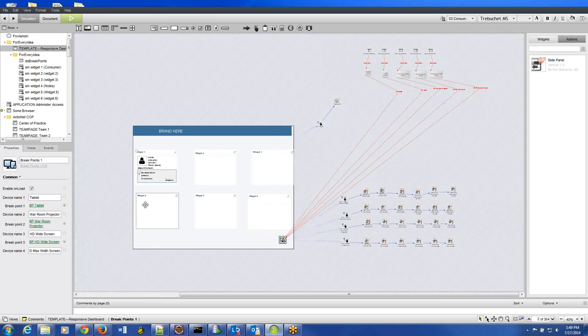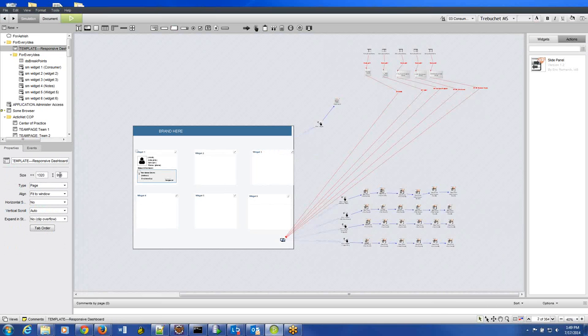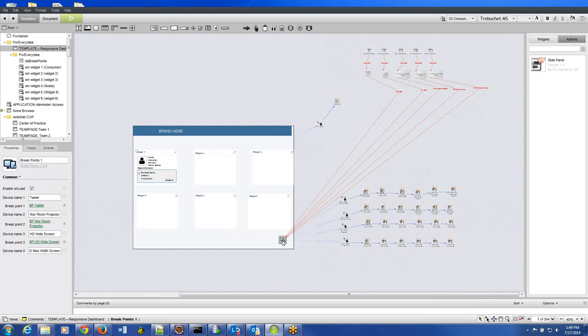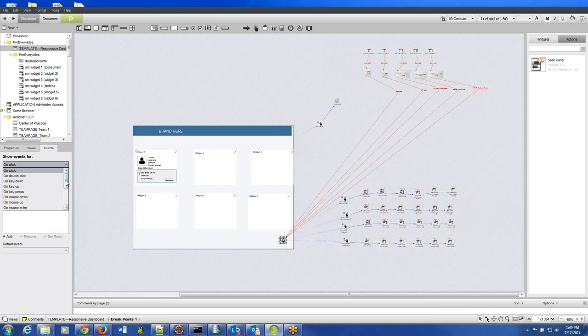From here, we have these breakpoints, and this is where labeling is really important. With these iBlocks, you can have custom events. One thing that is unique about this widget is there's an event called device 1, device 2, and this is where you have